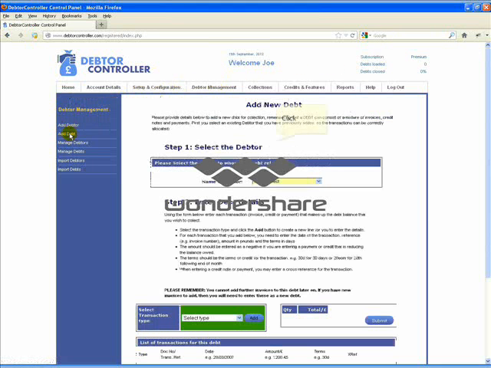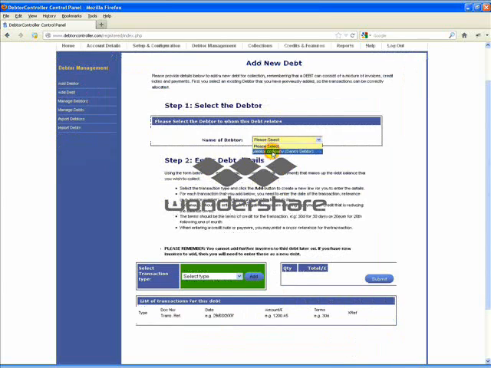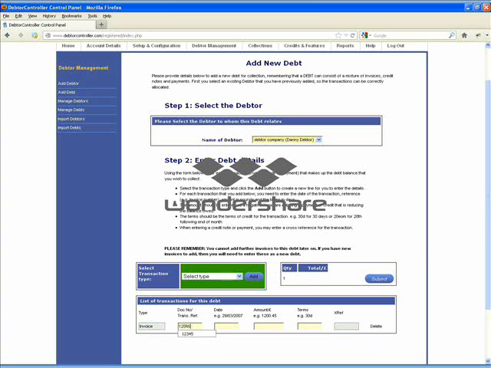Okay, so after you've reviewed the templates and made changes, you can then go ahead and enter details of a debtor, and you will have noticed that when I came to add a debt, the system stated that I had no valid subscription or my subscription had expired, at which point if you click onto the credits and features option, this would allow you then to purchase your subscription within the control panel. Once you've done that, you can then start to add a debt. Now you don't have to do this all in one go. You can log out and log back in again,